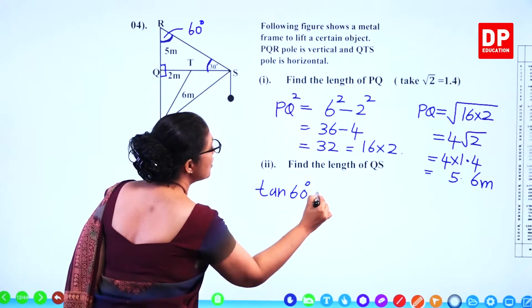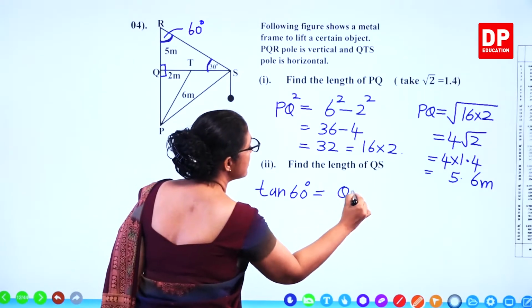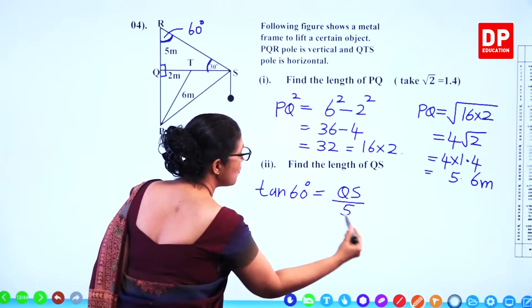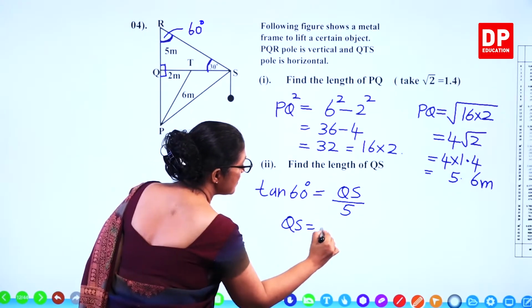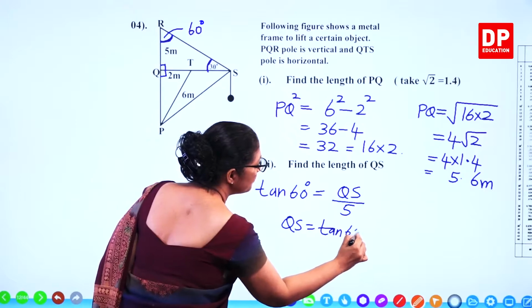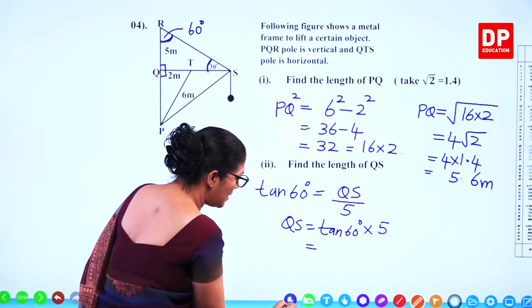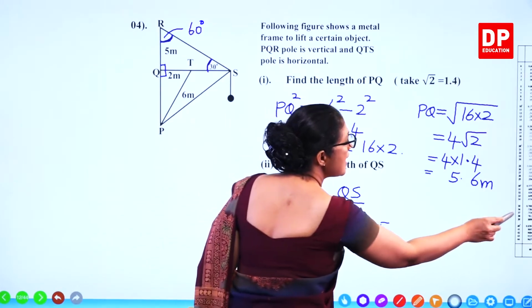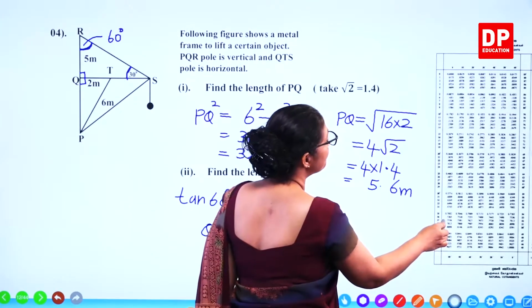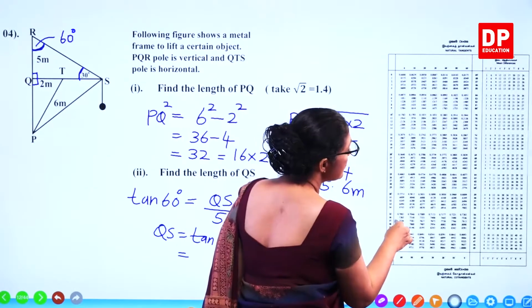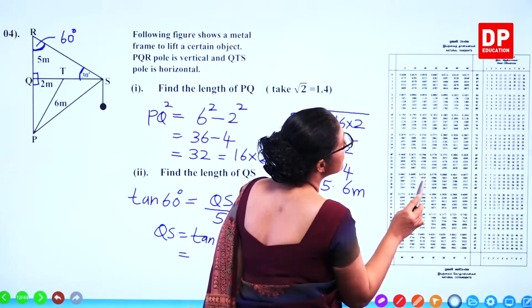Tan 60 is equal to QS over 5. So QS is tan 60 value into 5. Now refer tangent tables and see what's the tan 60 value. Tan 60, you get